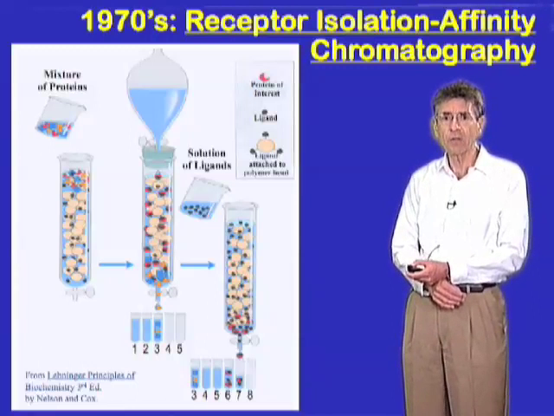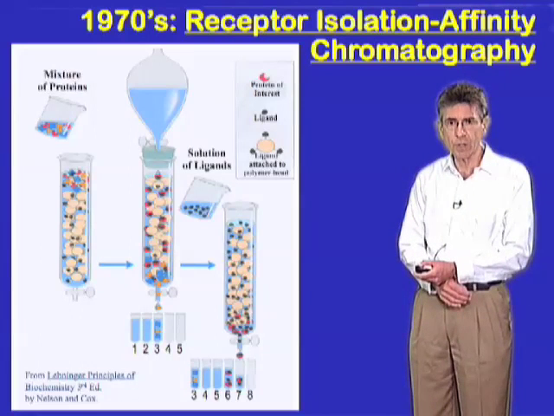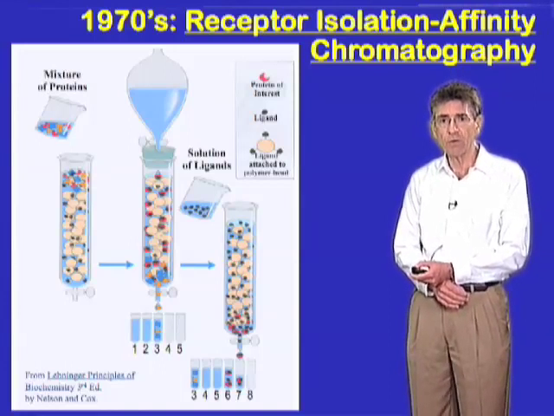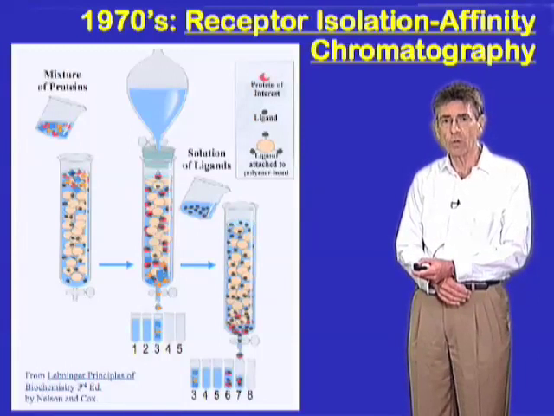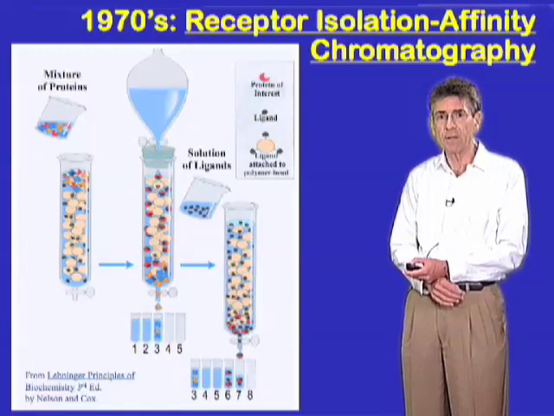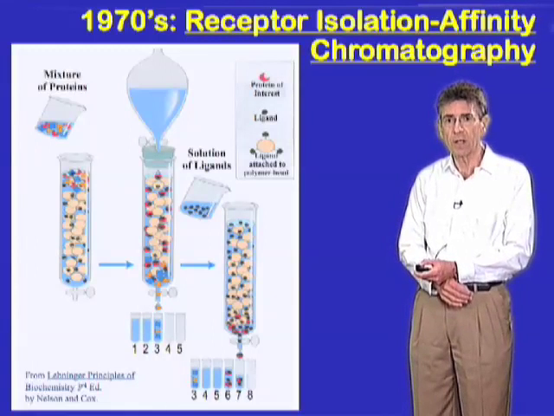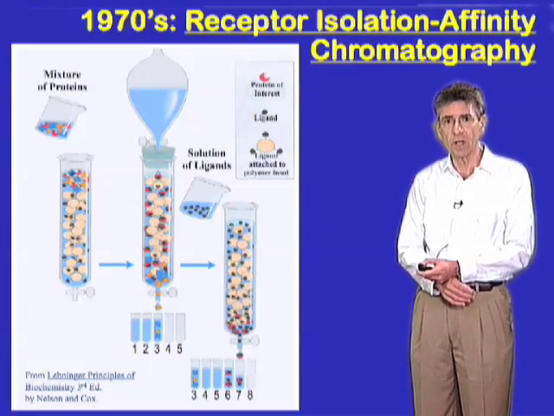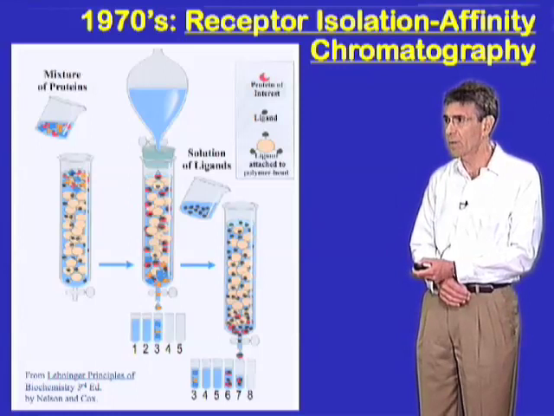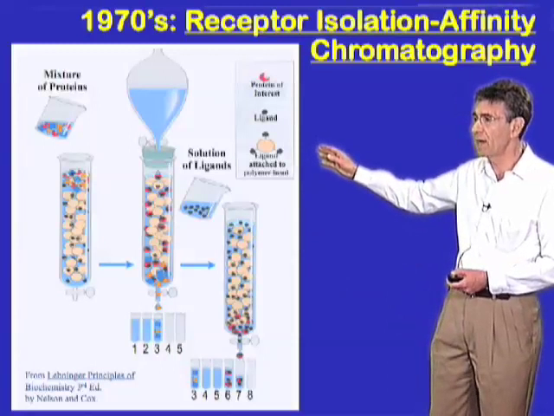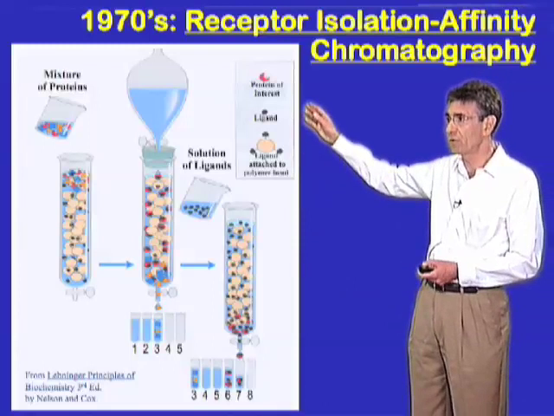As our models, we used the adrenergic receptors, the receptors for adrenaline and related molecules, and focused on one in particular, the so-called beta-2 adrenergic receptors. The technique that proved up to the job, so to speak, and which was so difficult, was the technique of affinity chromatography. Now, in this technique, if one is trying to isolate a molecule, in this case the receptors, and